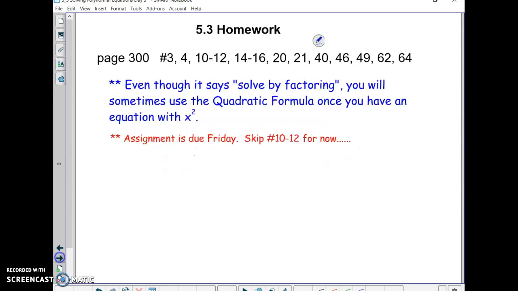All right, so this homework is kind of a big assignment, but it's for the next couple days, so it won't be due till Friday. And the other note here quick is to skip 10 through 12, because